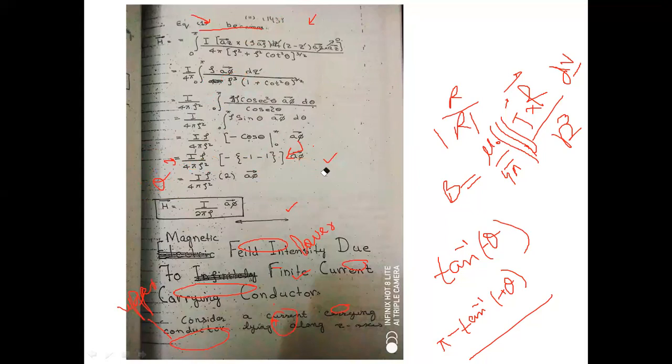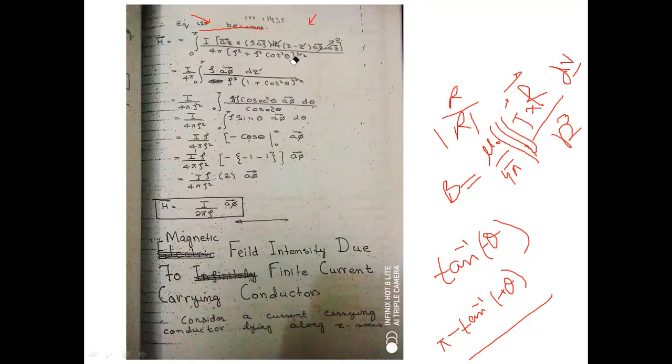The az cross az, this is the cross multiplication of two similar unit vectors, so this will be equal to 0. So there is no need to replace z minus z dash, because after multiplying this with 0, we will get 0 for this term. So keep concentrating on the rest of the variables.